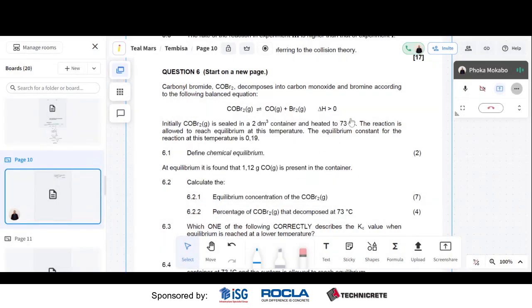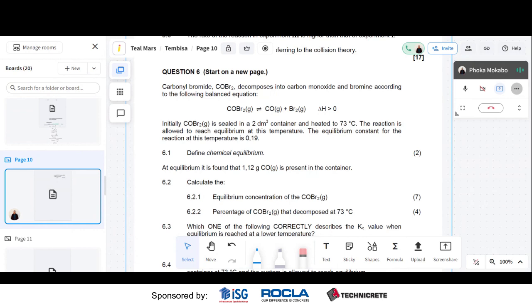Carbonyl bromide, COBr2, decomposes into carbon monoxide and bromine according to the following balanced equation. Yet again, very lucky for you, they have balanced your equation. Now, if you look at this equation, our delta H is greater than 0, it was positive, and as a result of that,